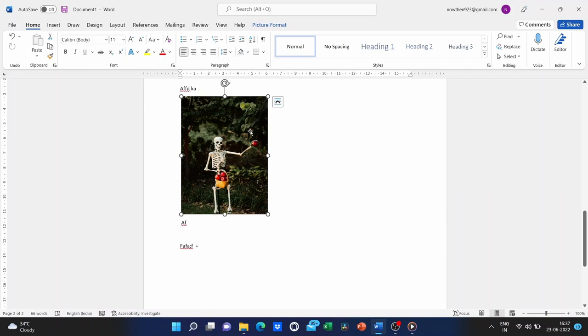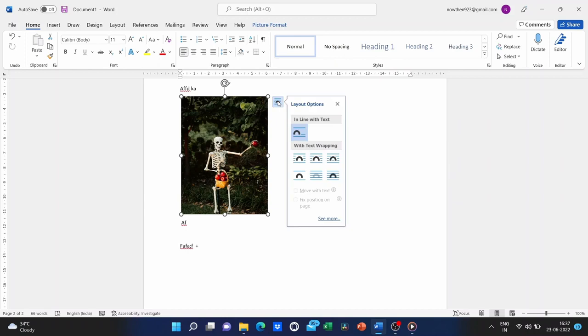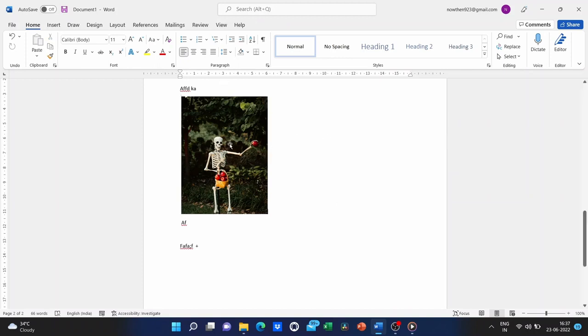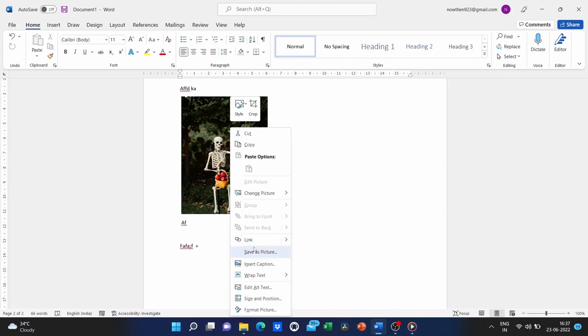Now in this latest version of Microsoft Word, when you click on a photo, you'll get this little button that pops up. You can then click on it to change the layout options. But just like in older versions of Microsoft Word, you also have the option to right-click and go to Wrap Text, and that will give you the same options.